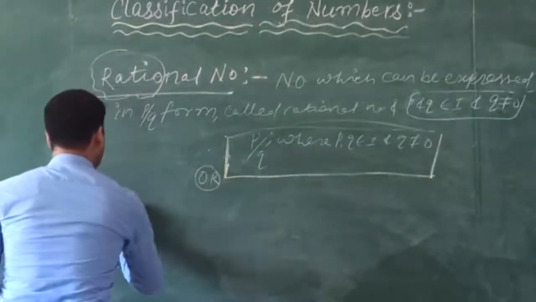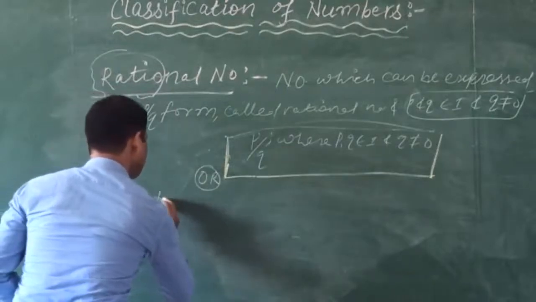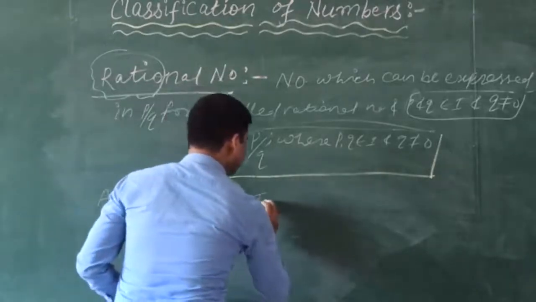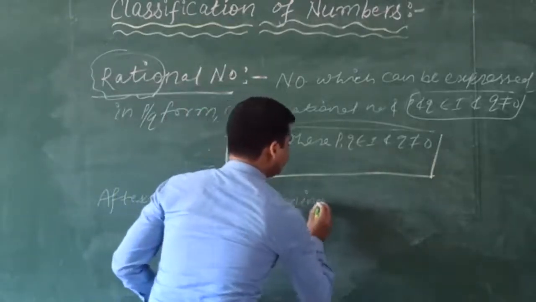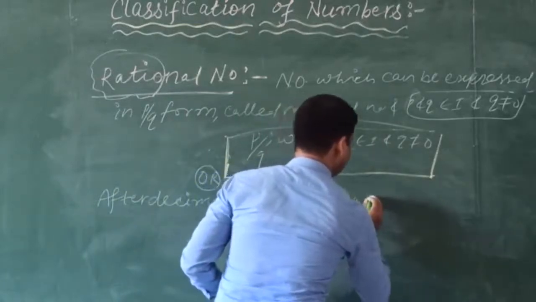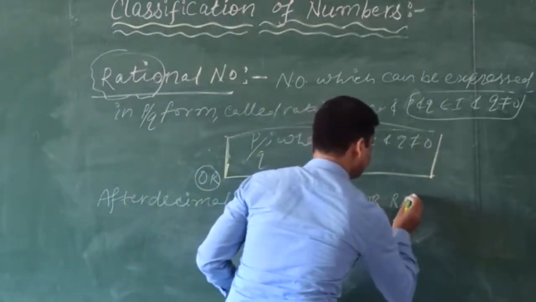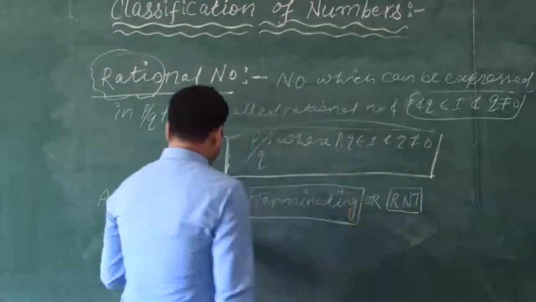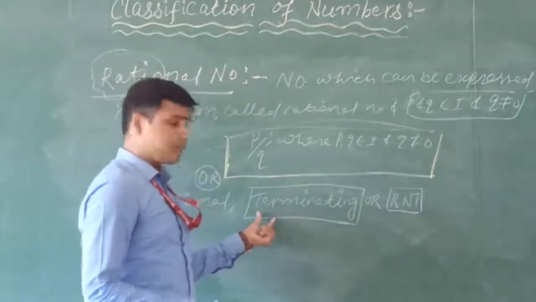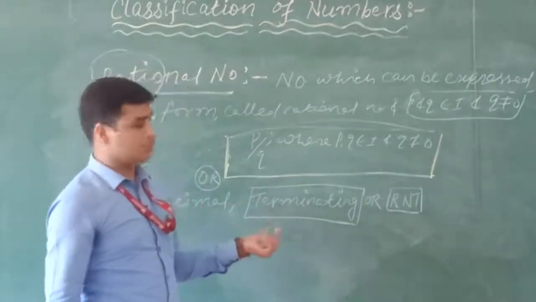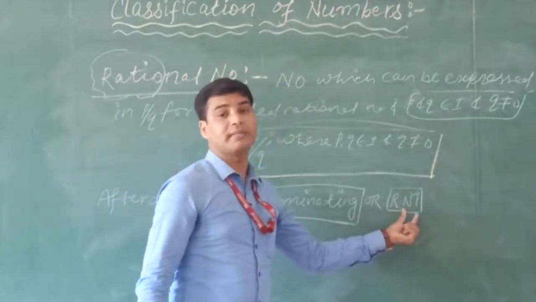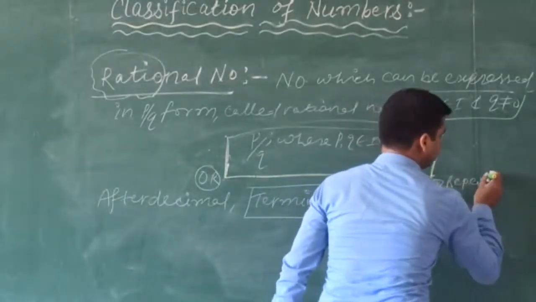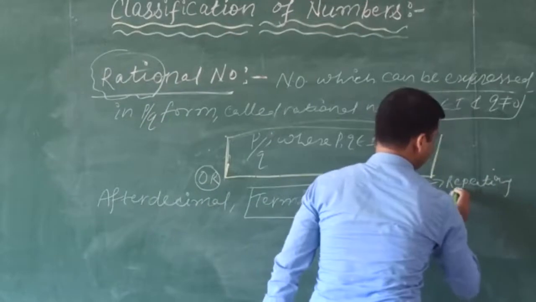After the decimal, if a number is terminating, or RNT, which means repeating with non-terminating,